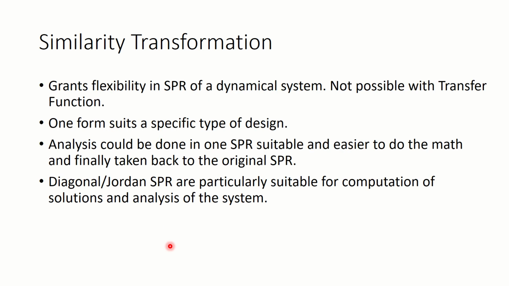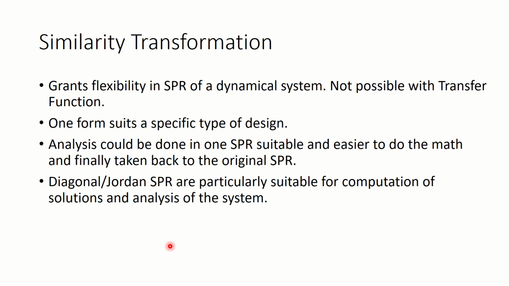What we are gaining with the similarity transformation is flexibility in the state space representation of a dynamical system. So you are gaining a hand in the representation. As in the number system case in the earlier course, we had so many number systems representing the same value or quantity. Similarly, here we have so many state space representations representing the same dynamical system, and the behavior etc. which are inherent to the dynamical system are retained by all these representations.